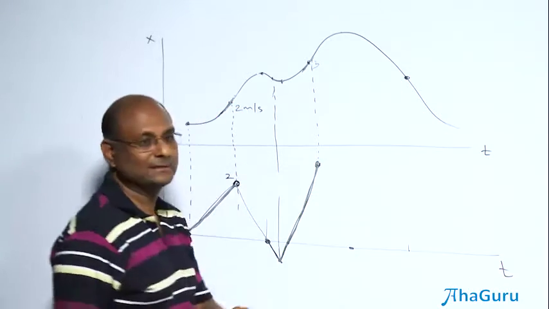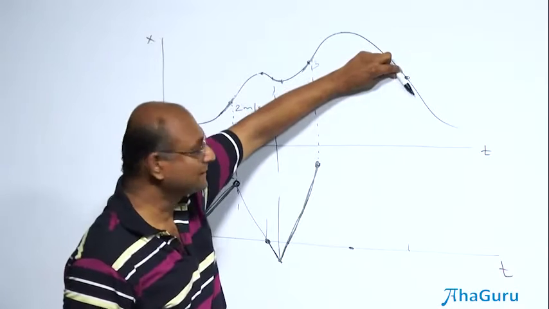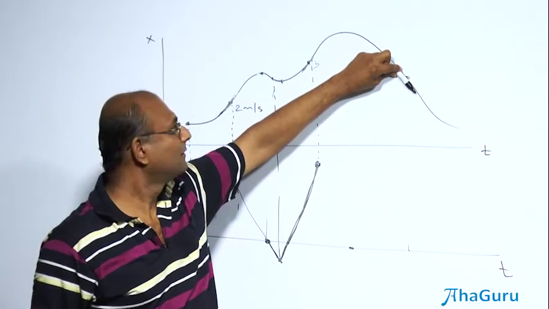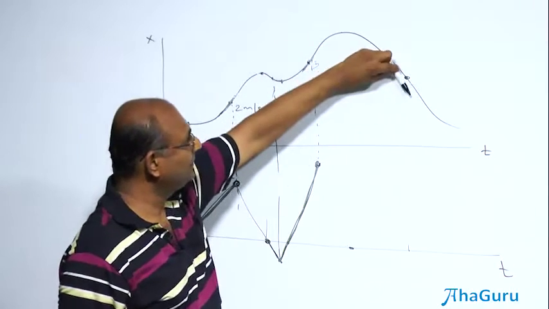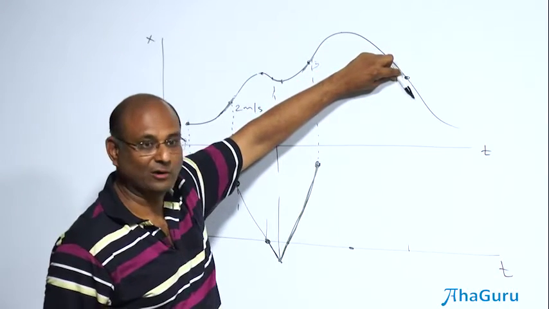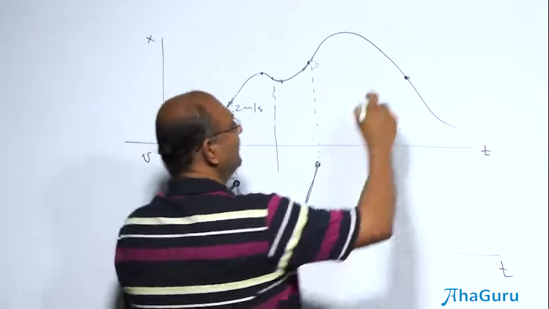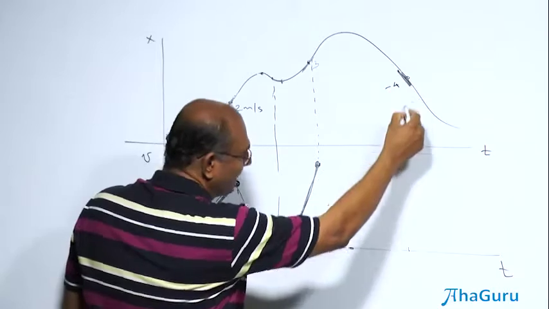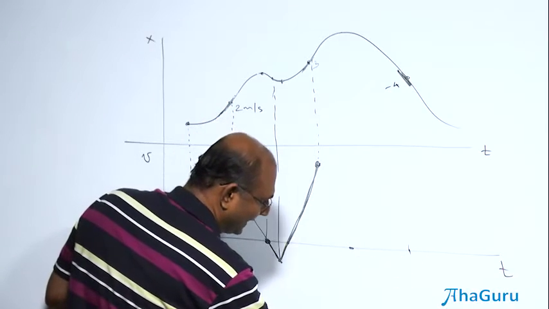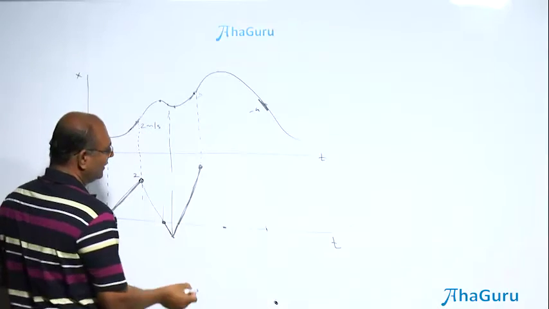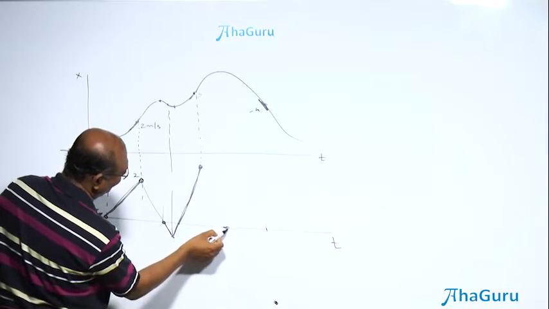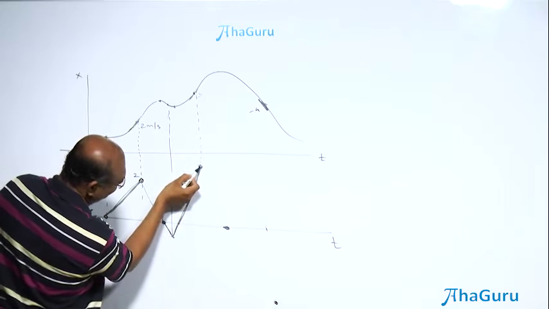What about this place? It has a slope like this. Seems like a reasonably large slope. How big? If this was 3, maybe that is minus 4, let's say. Okay, so if I say that this was minus 4, then if I bring that down, that means this must be somewhere there, minus 4. And so we start here, we have to pass through some point here, and then we have to get there.